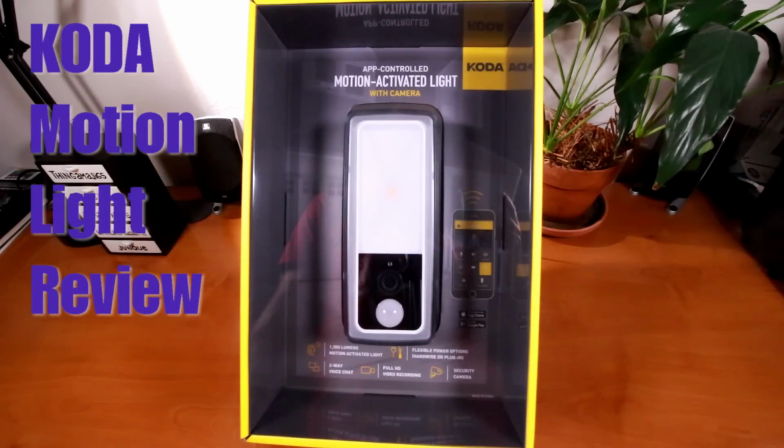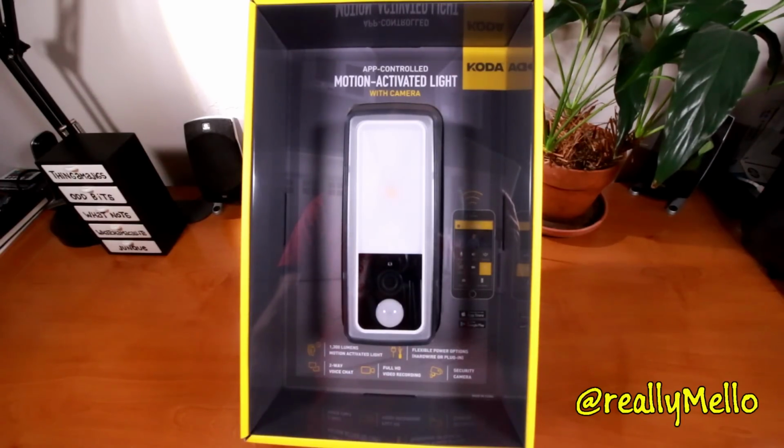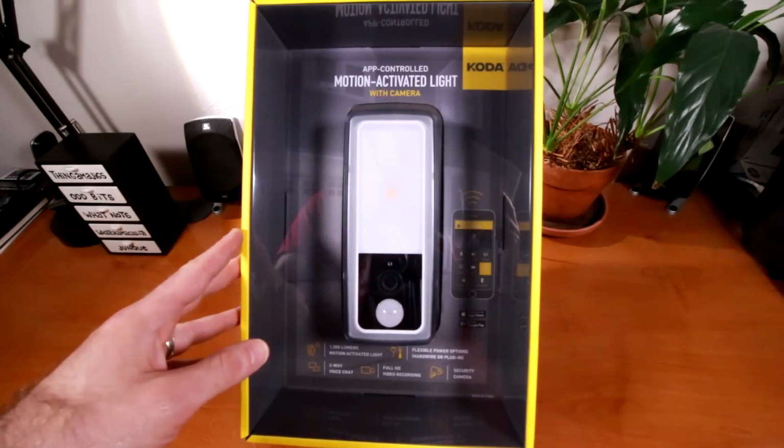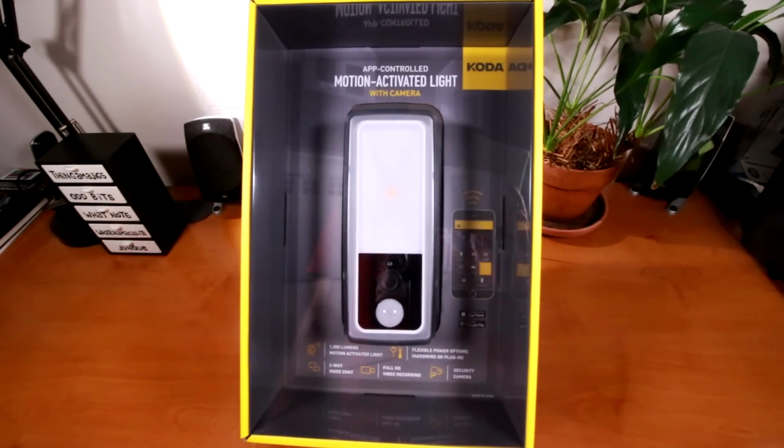Smart floodlights that incorporate motion lighting and video cameras have started to appear in the marketplace. Koda has provided me with their latest motion-activated light for review today. So first, let's see what the features are of this Koda Lightcam, then unbox it to see what hardware is